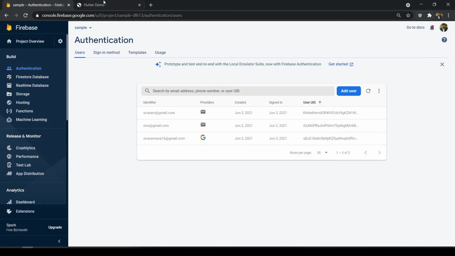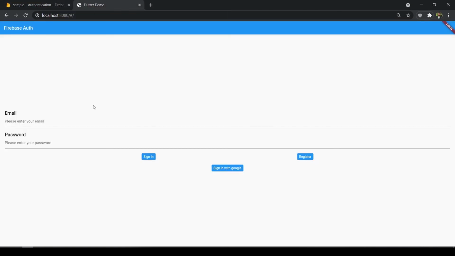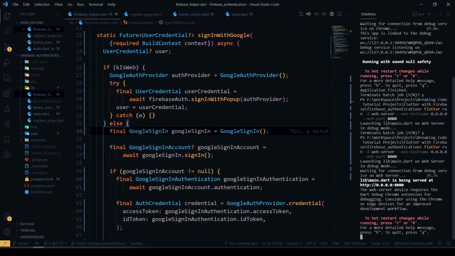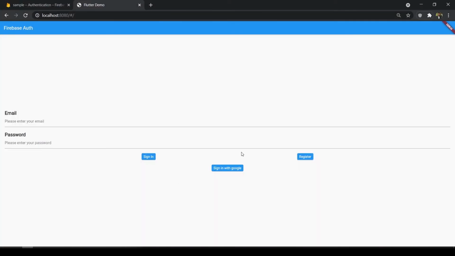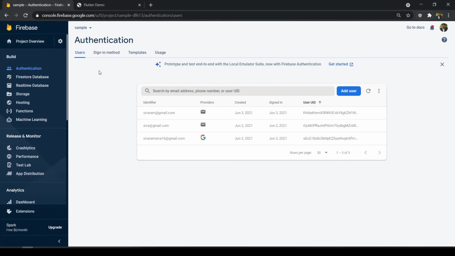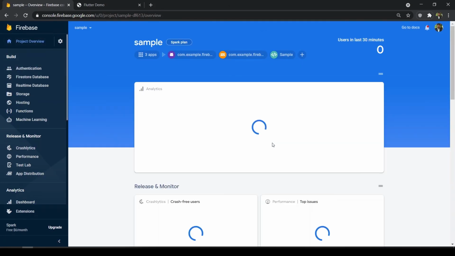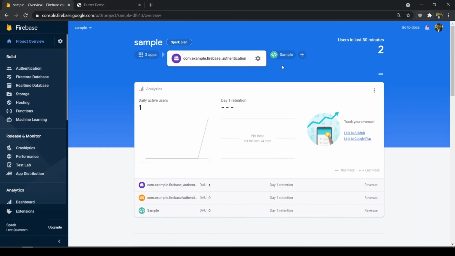So this is how authentication works in Firebase with Flutter. And one important thing, if you are going to implement the Google sign-in method, make sure you have given the SHA key in your project file, inside our Android app.